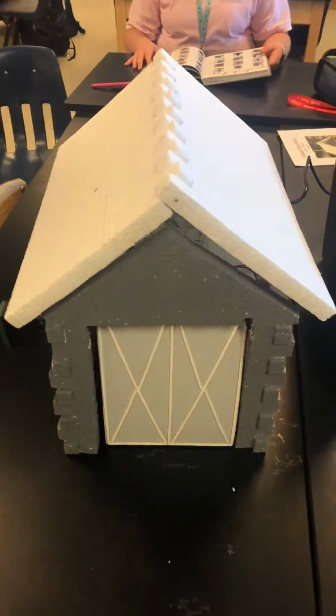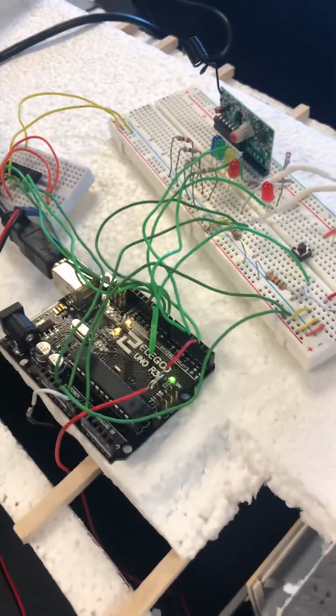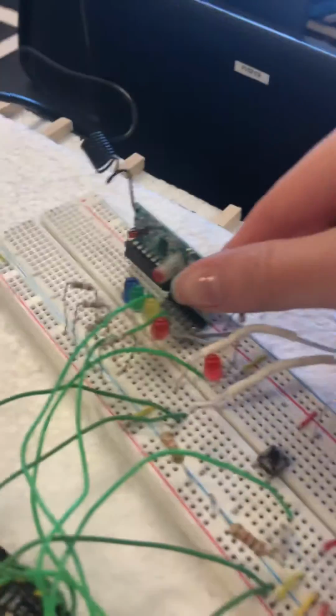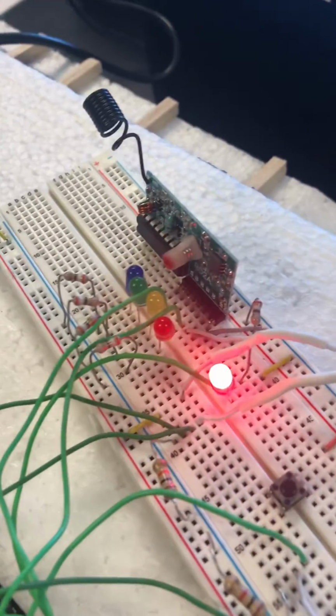This is our garage door. Underneath the roof are all of our electronics. We use an Arduino board. This is the momentary receiver where we receive the signal from the little remote control. There's A,